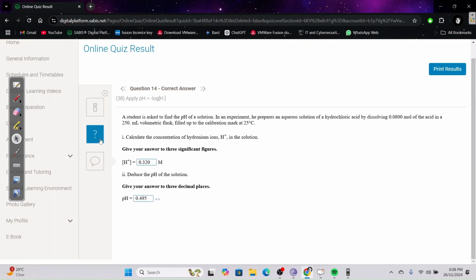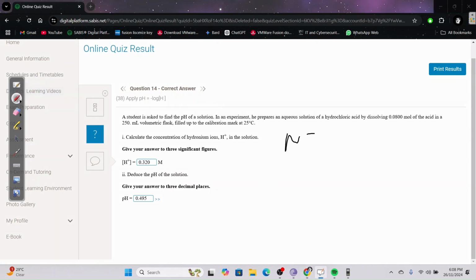A student is asked to find the pH of the solution. In an experiment, he prepares an aqueous solution of hydrochloric acid by dissolving 0.08 moles of the acid in a 250 whatever. Here you're gonna apply n equals CV. Let me just fix this n. So n equals CV. What's our n? n is 0.08